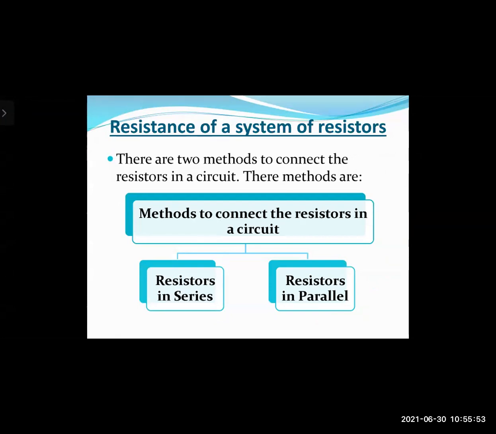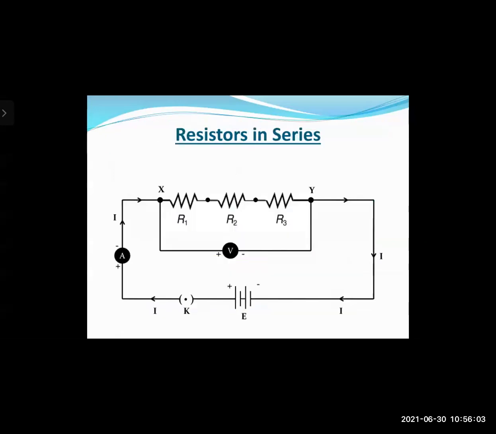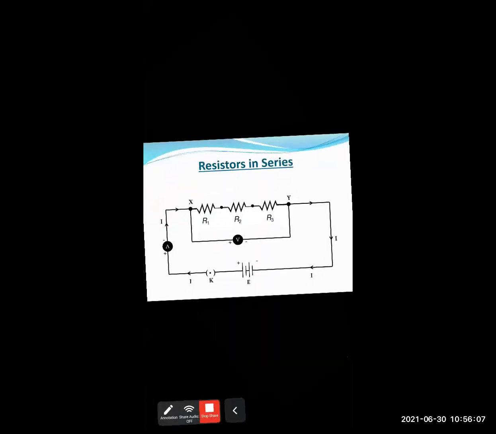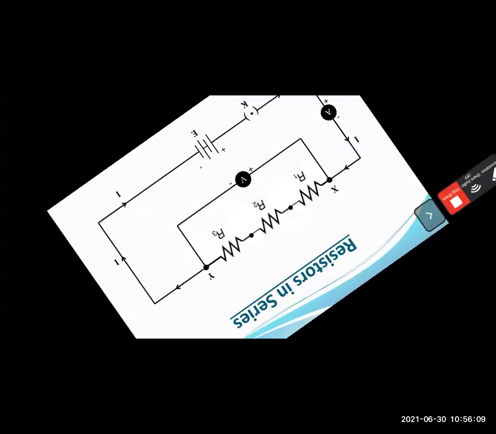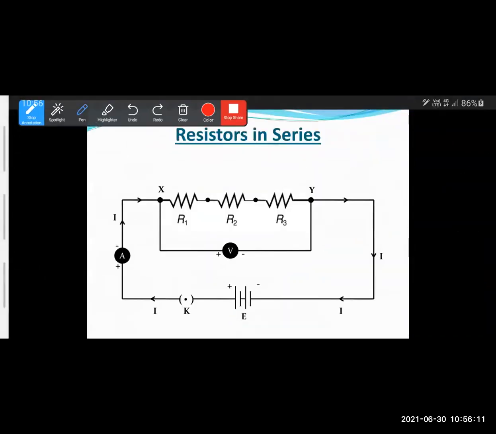So today we are going to be discussing in detail the concept of resistors in series. There is a distinct way in which we have to connect those resistors. Now let us try to understand this with the concept of a circuit diagram. If you can see it here in the diagram, here you have the main circuit diagram. First of all, let us discuss the components of this circuit one by one.